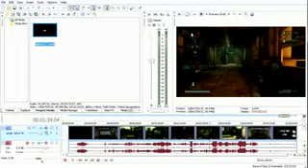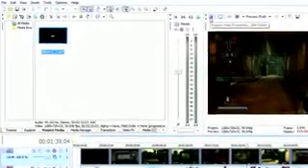Basically what we're trying to do is get the video to play back smoothly in the preview window within Sony Vegas, because if you have a mid-tier system or computer, it may be really choppy, and you want to see how your video is coming along when you're editing down here on the timeline. So the first thing I'm going to teach you is to click on this little box here, Project Video Properties,